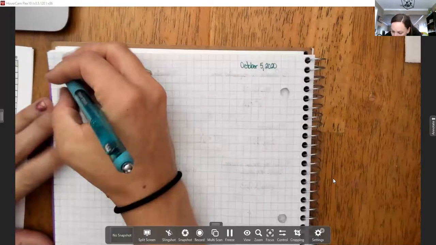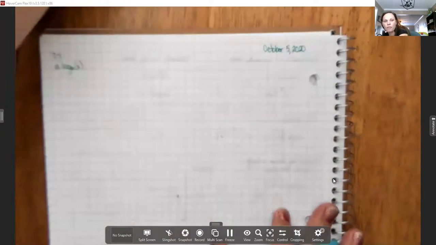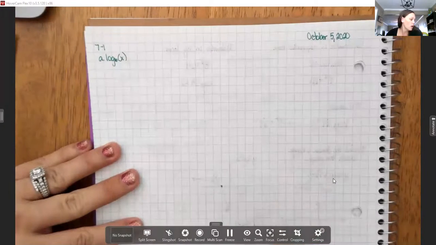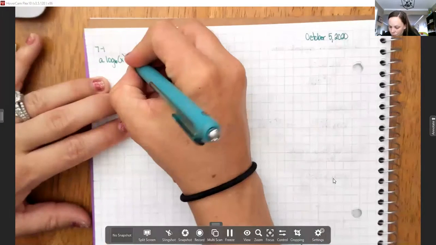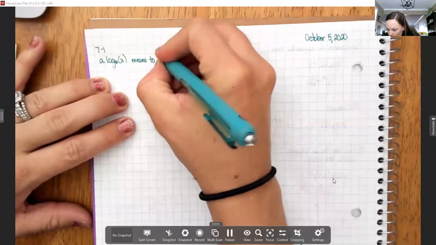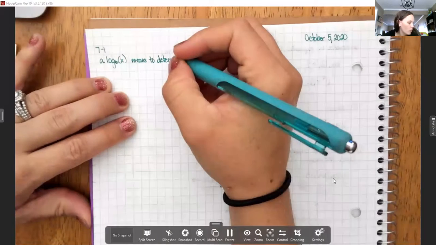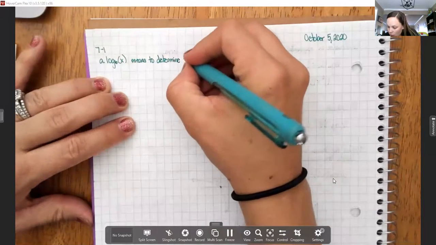Okay, so what is a log? This says log with a base of b of x. Let me see if I can get it to focus a little bit better. Means to determine the exponent needed